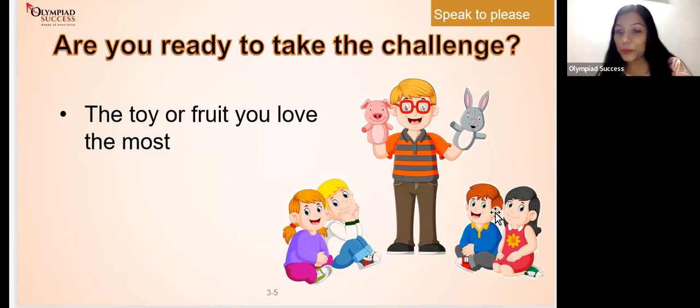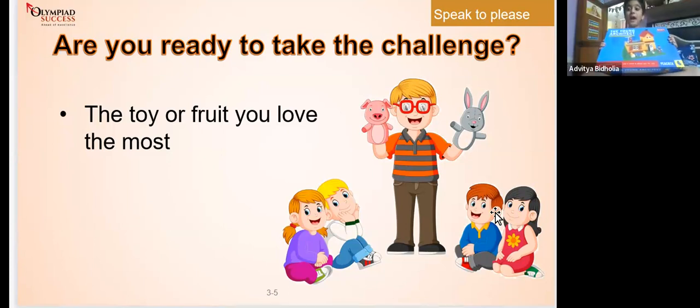Oh, okay. Good evening, everyone. My name is Aditya Bidolia. I'm from 4th C in school, GD Goenka Public School. This is my favorite toy, the Lego set. I have made half of the Lego set till now in 30 minutes, and the whole set up in 1 hour.